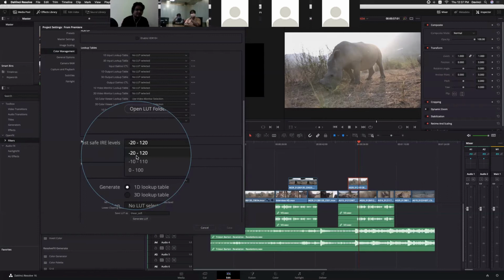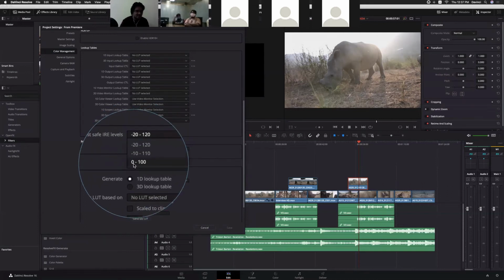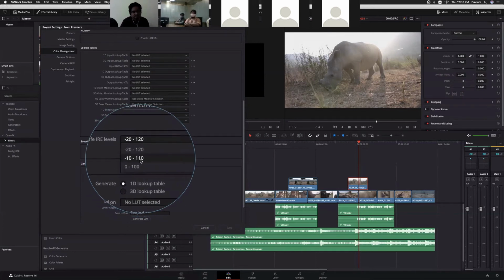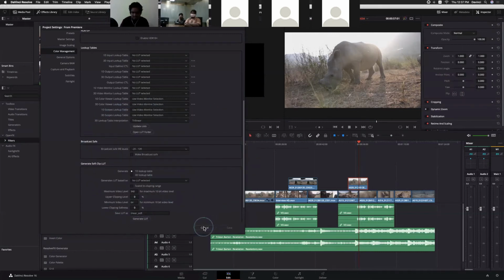Yeah, maybe the option is here. It is showing the shadows and highlights range, only 0 to 100, from whites to blacks, or super blacks to super whites. Okay, this is the range of the limit. Okay, let me show you one quick way. Go to color.